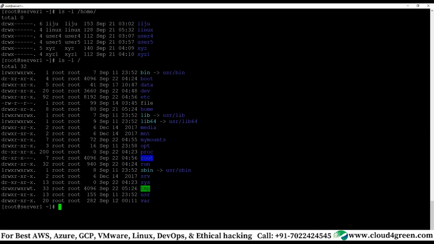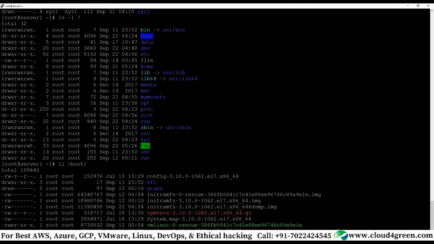Clear? Now the other is /boot. This is a system directory, where your kernel is. Kernel means where your system boots in. You have something called initramfs. All the files related to booting activities are stored in /boot, specifically the kernel and the initramfs.